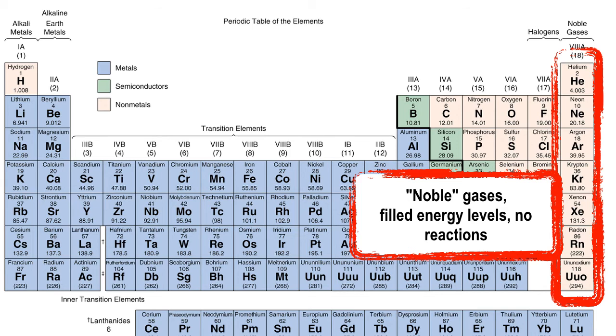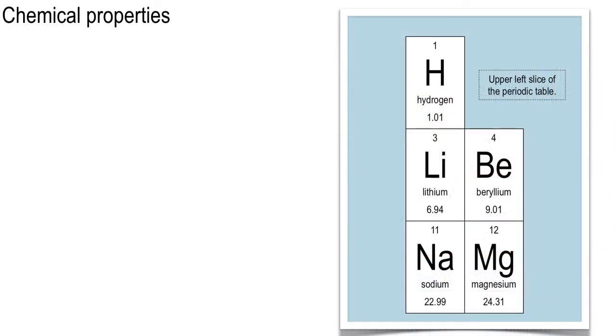Right now, when you get to the heavier ones, it's a little bit trickier. You know, the law of 8 and stuff gets a little more complicated to apply. But for the first 2 or 3 rows, it's not that bad. And there's a huge amount of different compounds important to human life made from hydrogen all the way to argon, or hydrogen all the way to chlorine. Right? So let's take a look at bonding. All right? And here's a slice.